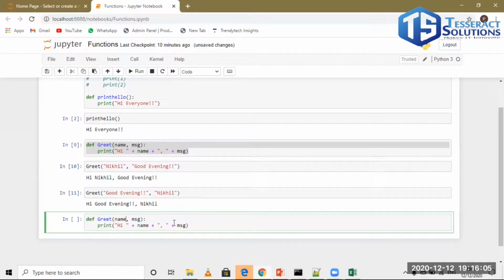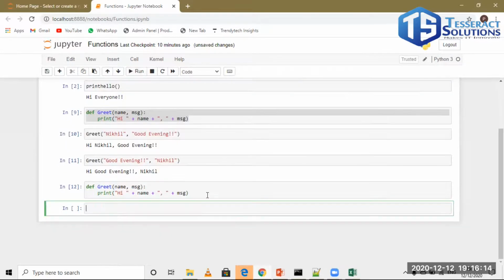Let this parameter stay there. So while calling, I'll take care of that. See, what I will do here,